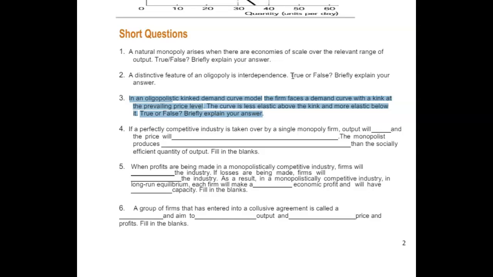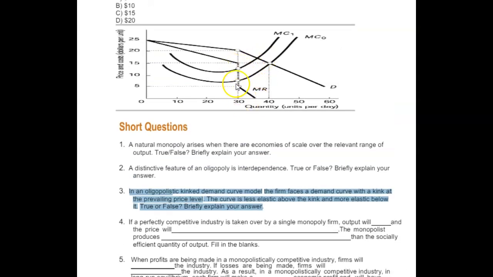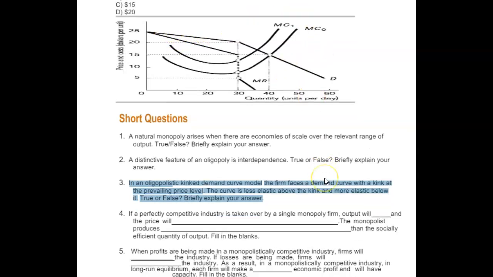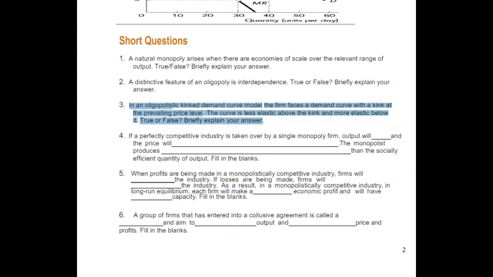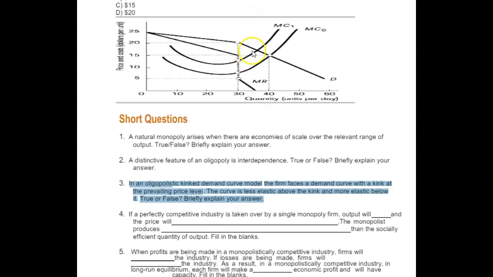I think that's false, because this is like a kink. So I think this is elastic and then that's inelastic, so I think that's false. Okay, hold on, what I'm doing, I got the graph right here, right? So if it's more straight, it's more elastic, and if it's more going down, it's inelastic. So obviously this is going to be elastic, yeah, because the more it goes horizontal, the more elastic, and this is inelastic. So that's true, 100% correct.